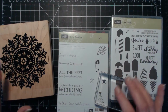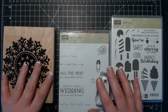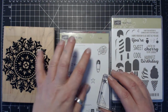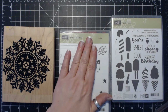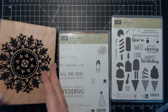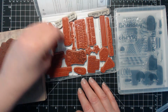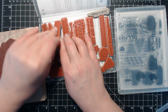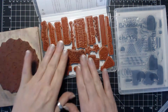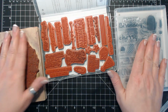So today's topic, we're going to talk about the type of stamps that Stampin' Up! actually sells. We have wood, we have what Stampin' Up! calls clear, and then we have photopolymer. And I'm just going to show you the difference. As you can see, we have a lovely set of red rubber stamps right here, and the photopolymer, and then